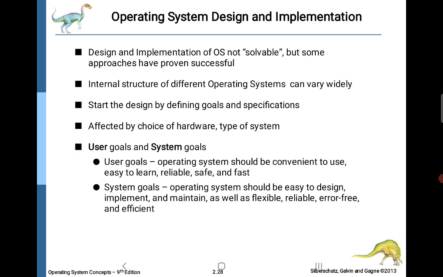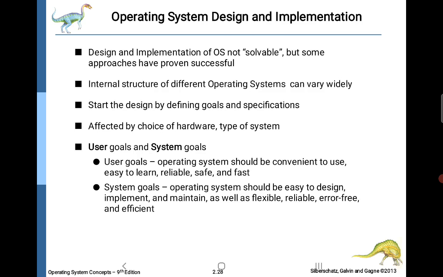An operating system is software, just like any other software, and has to fulfill both user goals that express the user needs and system goals that express the developers' and administrators' needs. The users are addressing the operating system from the front end, and the developers and the administrators are dealing with the back end of the operating system.